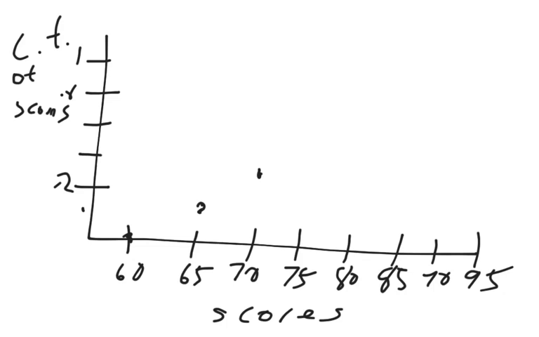Then we had 0.384 and 0.538. 0.692, 0.923, and finally 1. Now, it looks better when we do this on a graph,